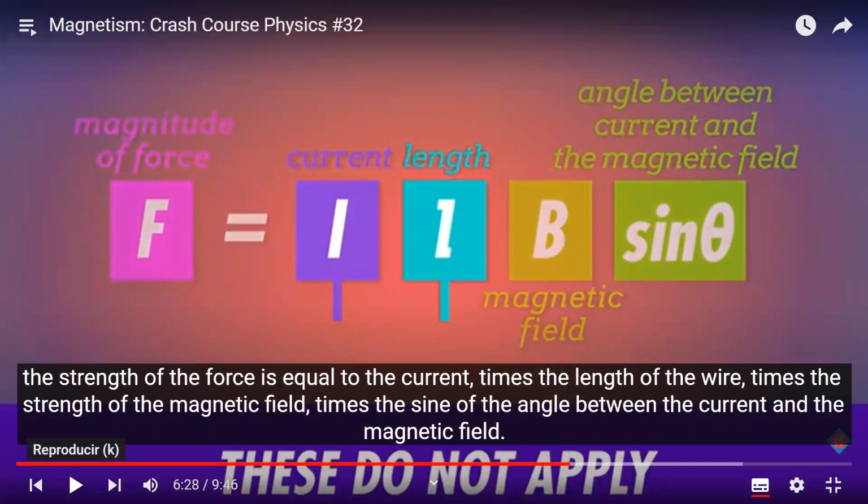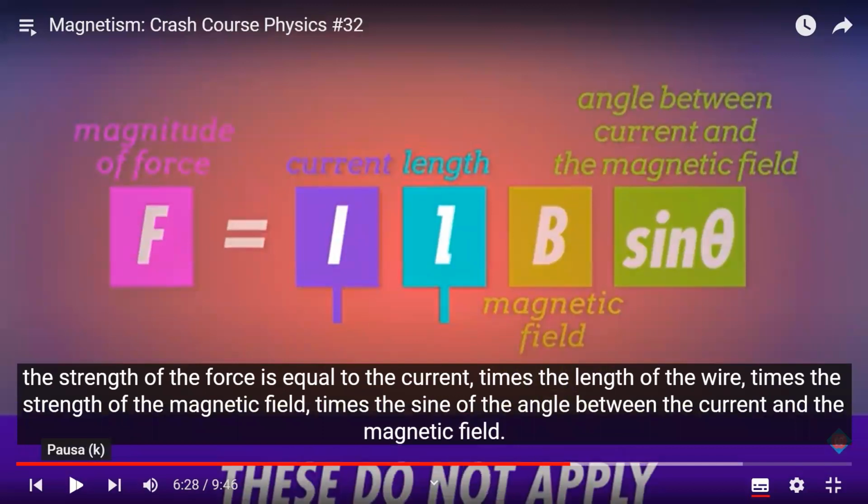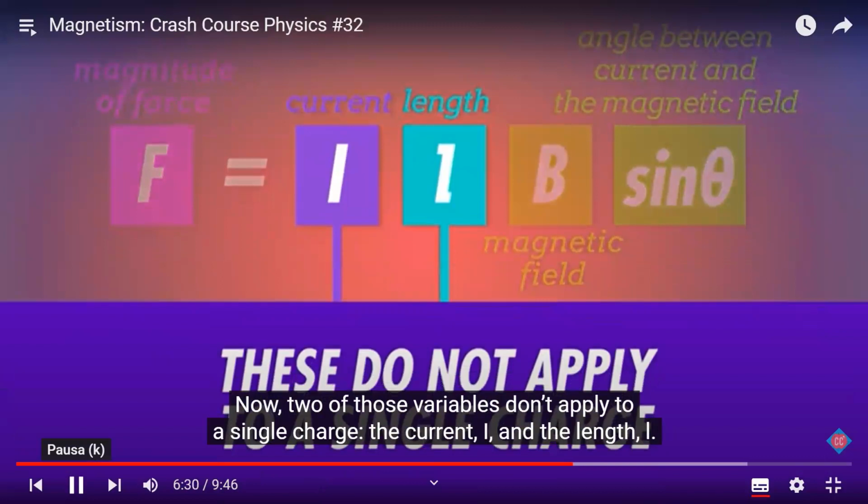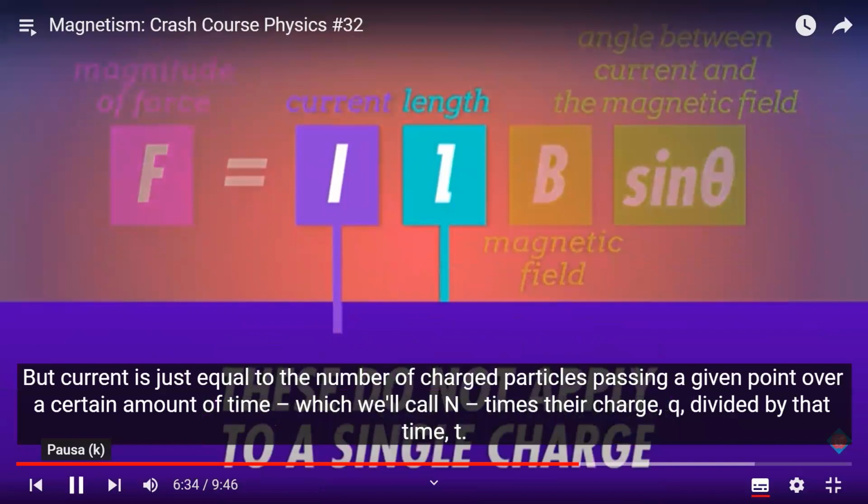So basically what we're going to do is substitute some things here with some expressions that we know to see if we can convert this formula. Instead of talking about a current, we're going to be talking about a charge. And actually the transformation there is very simple. Now, two of those variables don't apply to a single charge, the current I and the length L. But current is just equal